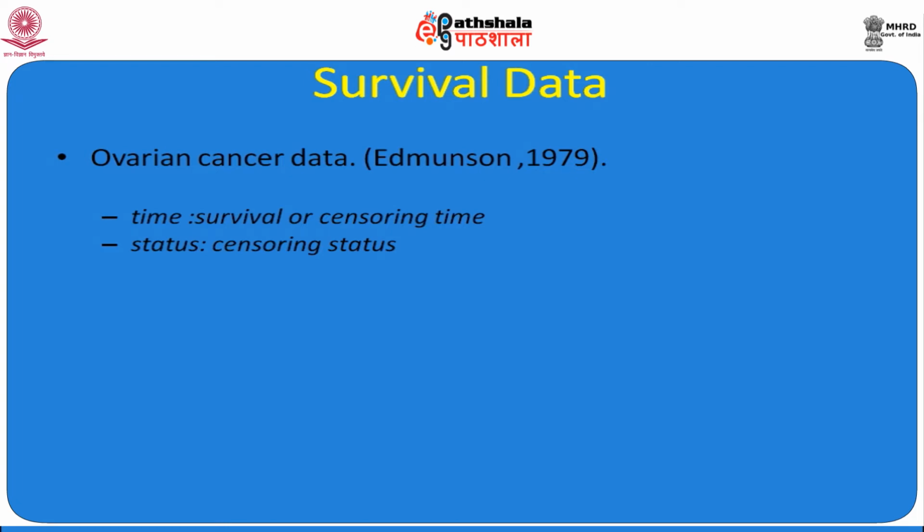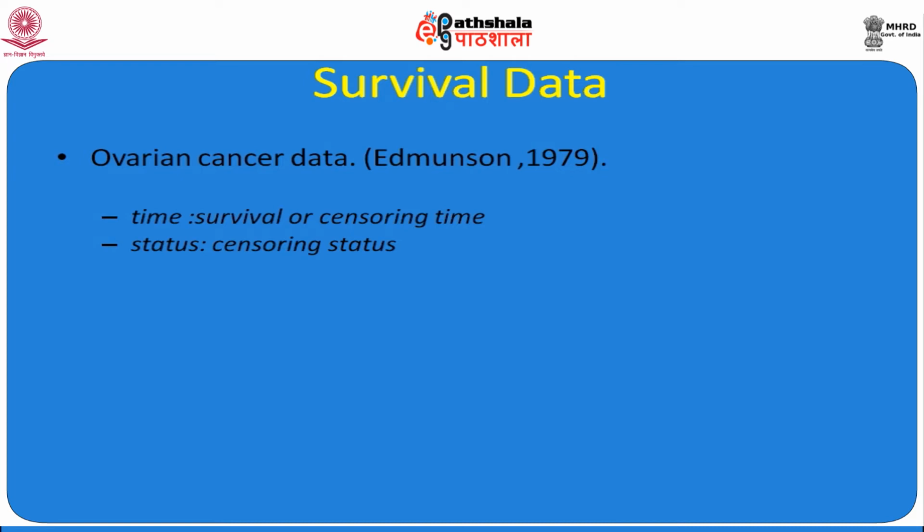Here the last follow-up of the status of the patients is written as censoring status. If the patient is alive at last follow-up, then status is coded as 0. If the patient died at the last follow-up visit, then status is coded as 1. An alternative representation of this status is delta, where delta or death represents whether at the last follow-up the patient is alive or not.